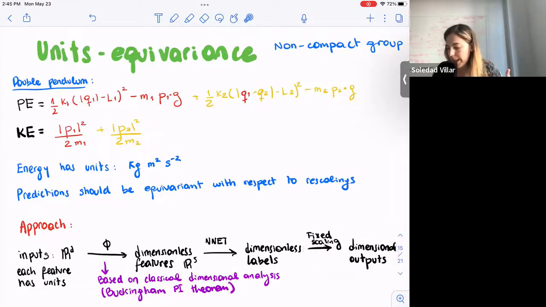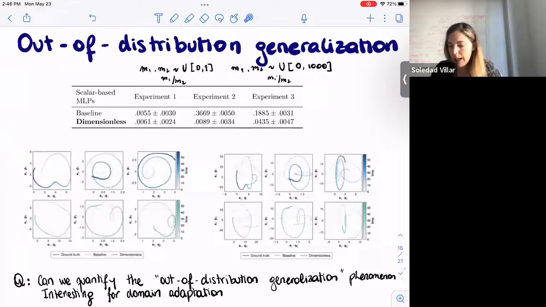So the way you can do it is by solving a system of linear equations over the integers, and to find a basis of the dimensionless features. And then from the dimensionless features, you can learn dimensionless labels using an MLP or something simple, like a simple neural network. And we did this example, and we show that the dimensionless machine learning works in a comparable way with respect to the